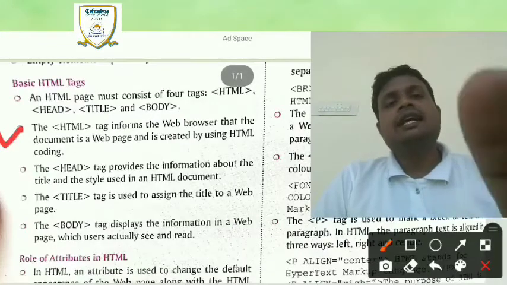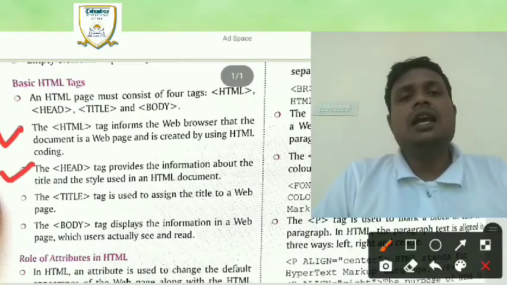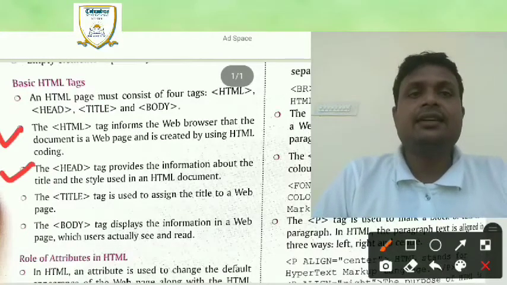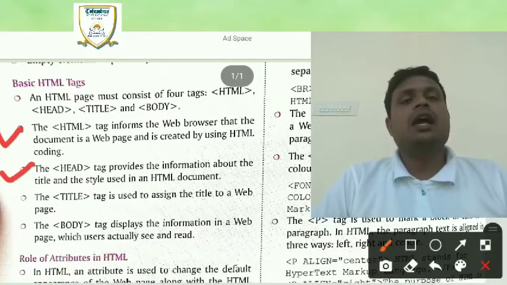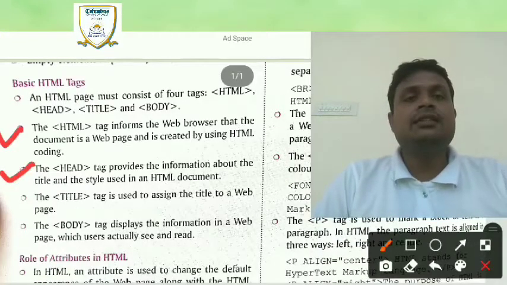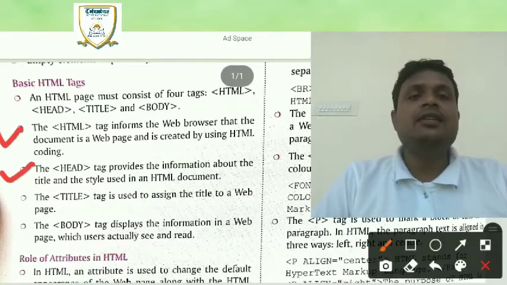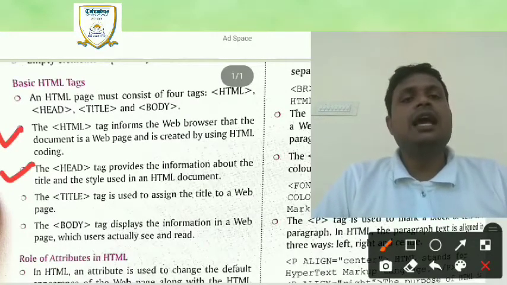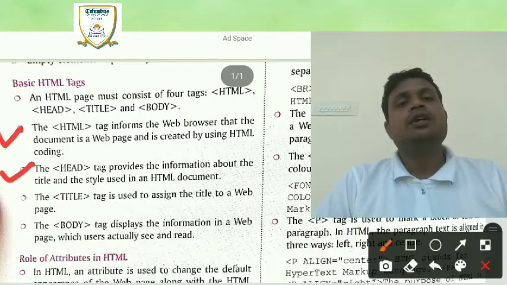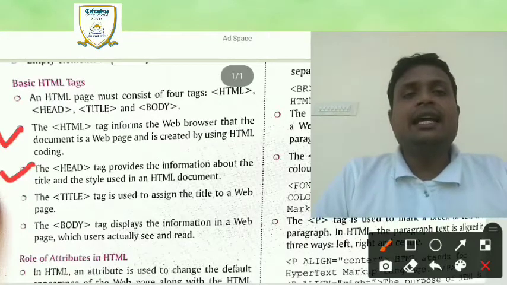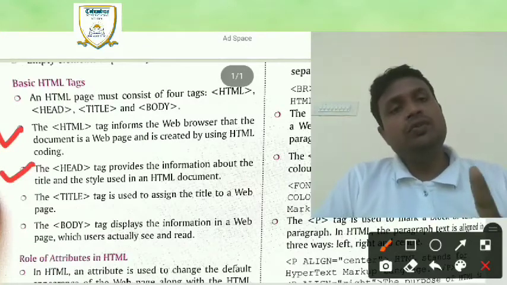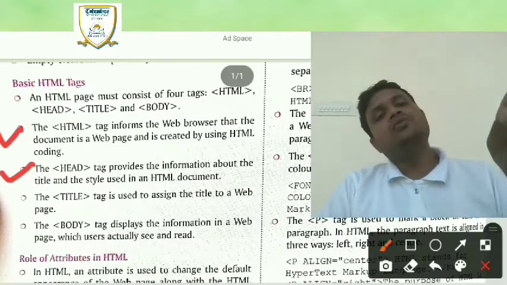Students, second is the head tag. The head tag provides the information about the title and the style used in an HTML document. Students, in this it is clear, we use the head tag to provide information.